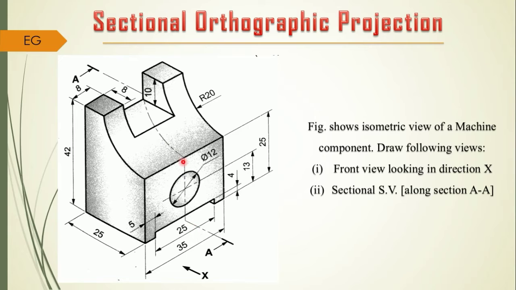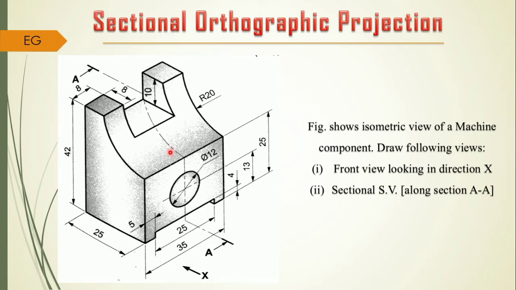So here you have the cutting plane line. When we studied the topic of types of lines, we saw such a line, which is the cutting plane line. The representation of the cutting plane line is thick at the ends, and it looks like a center line, in the fashion of long and short dashes. So it is a long-short line, but thick at its ends. That is the indication of a cutting plane line.